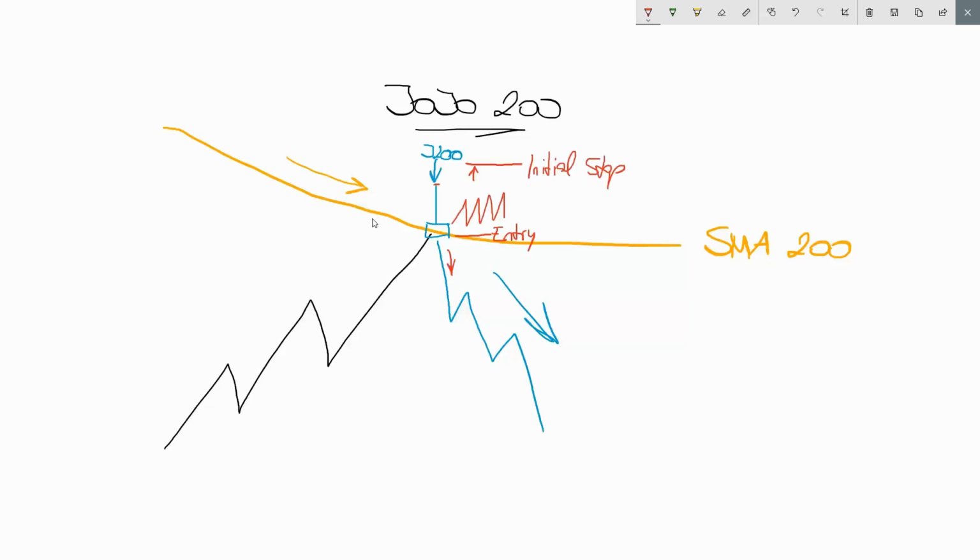Okay, and on the last slide here, what I drew for you is that the entry is again at the low here for a short signal. The entry is at the low of the signal candle. And what is very, very important, what we learned for the stairway and also for the yo-yos, when you trade counter trend signals, we recommend that you do not place your initial stop exactly at the high of the signal candle. So I'm talking again about a short signal, but we recommend that you give the initial stop some room, so we say about 1/3 of the candle size is where you can place your stop,